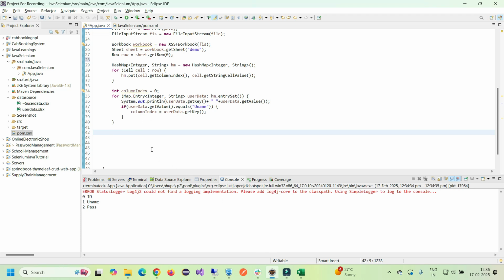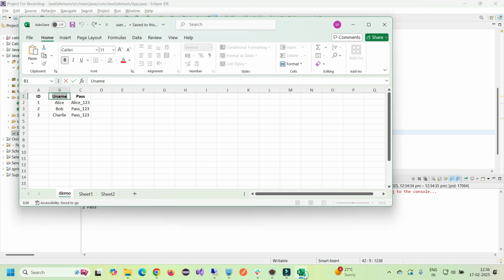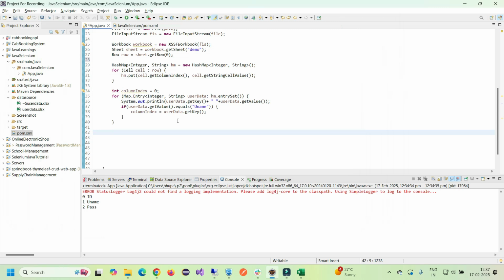The row will be changed 1, 2, 3, 4, but the cell will be static. The cell will be 0, 1. So cell will be 0. So let me change it. So row, okay, final